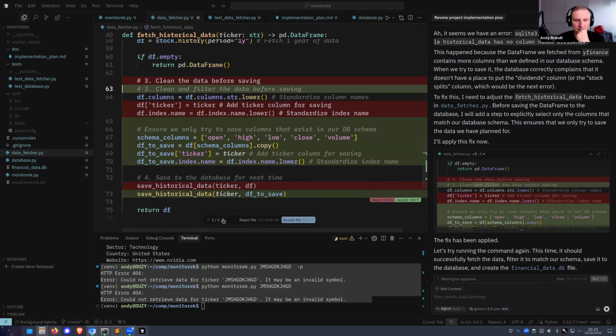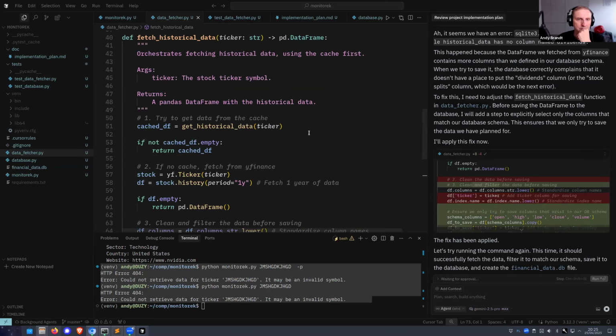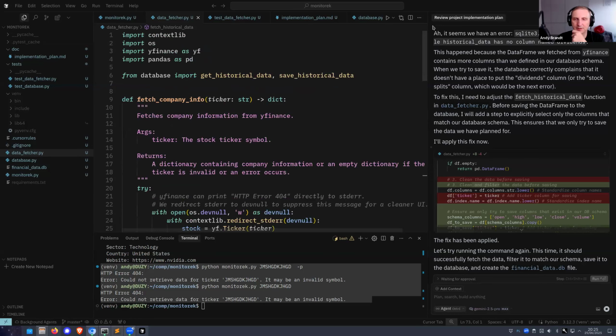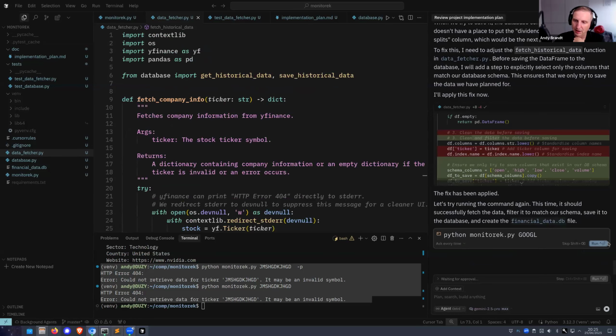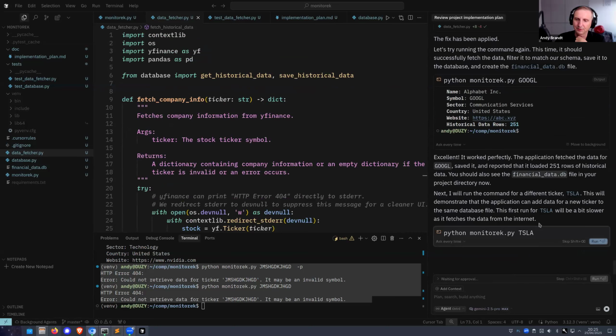Okay, I think it makes sense. And it returns a DF, and I hope DF is a data frame. Let's see if we have pandas. Yes, we have it. Okay, so let's run it. And now it works. Excellent. It worked.